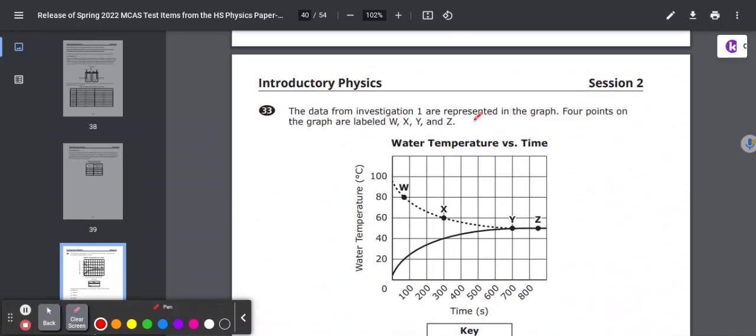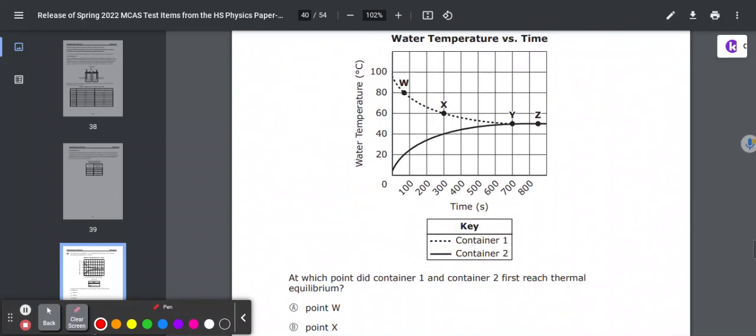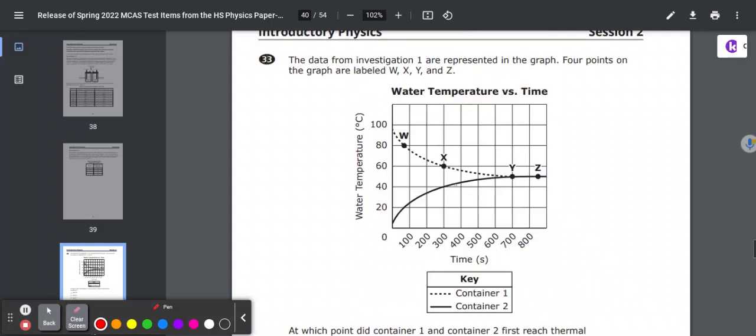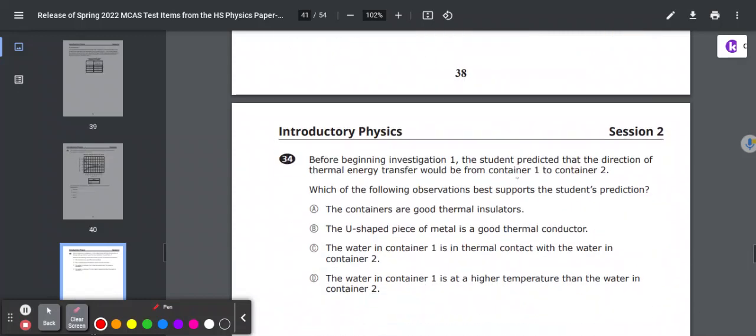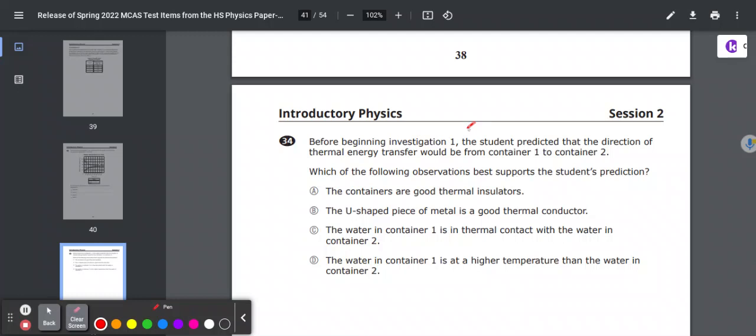Question: we're given a graph, so container 1, container 2. At which point did it first reach thermal equilibrium? Thermal equilibrium is when the temperature is first equal, and it's at point Y, obviously. So choice C. Before beginning the investigation, the student predicted the direction of thermal energy transfer would be from container